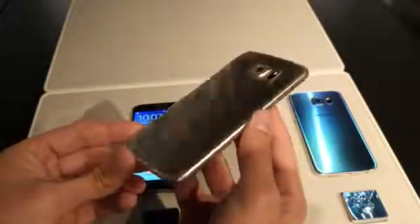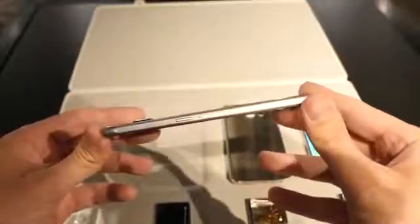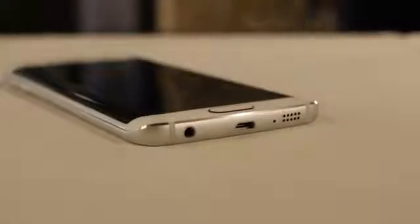Both the front and the non-removable back of the Galaxy S6 are covered with Gorilla Glass 4. There's a metal band that wraps all the way around the sides, machine drilled holes for the speaker grill at the bottom, along with those stylish chamfered edges, resulting in a phone that feels very high-end and is just downright sexy. 2. Display. Samsung finally broke its habit of making the Galaxy S's screen bigger year after year, with the